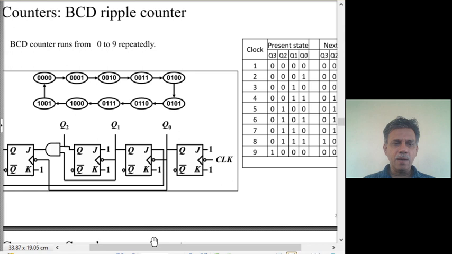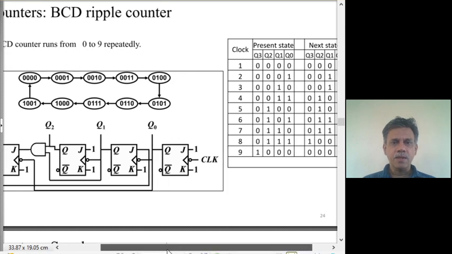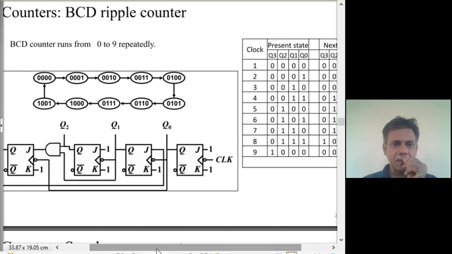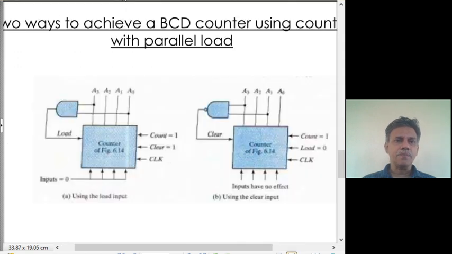To enable that, we looked at the state table and then we set the JK inputs of the different flip flops as well as the clock differently in the case of the BCD ripple counter. We could also achieve it using a synchronous counter based design. So, here are two ways of realizing a BCD counter using a mod 16 synchronous counter,